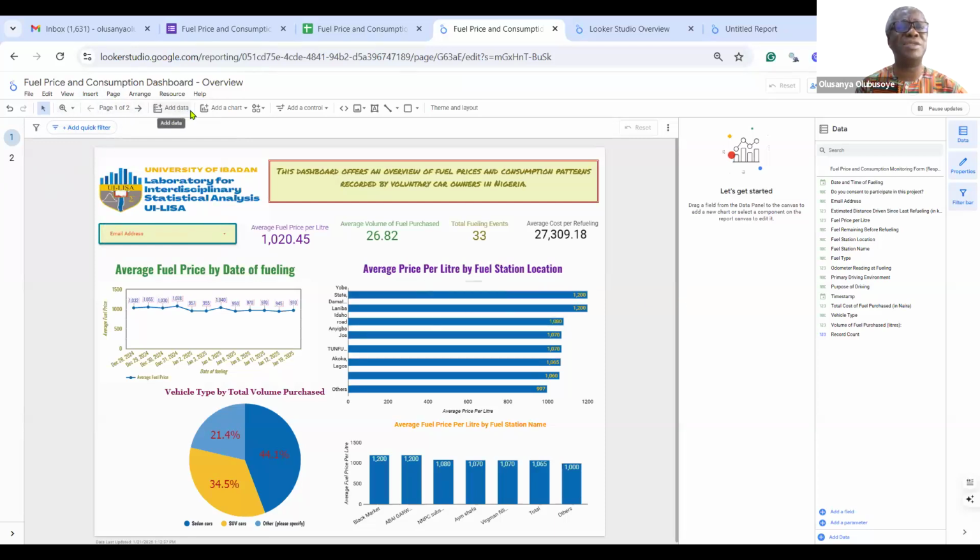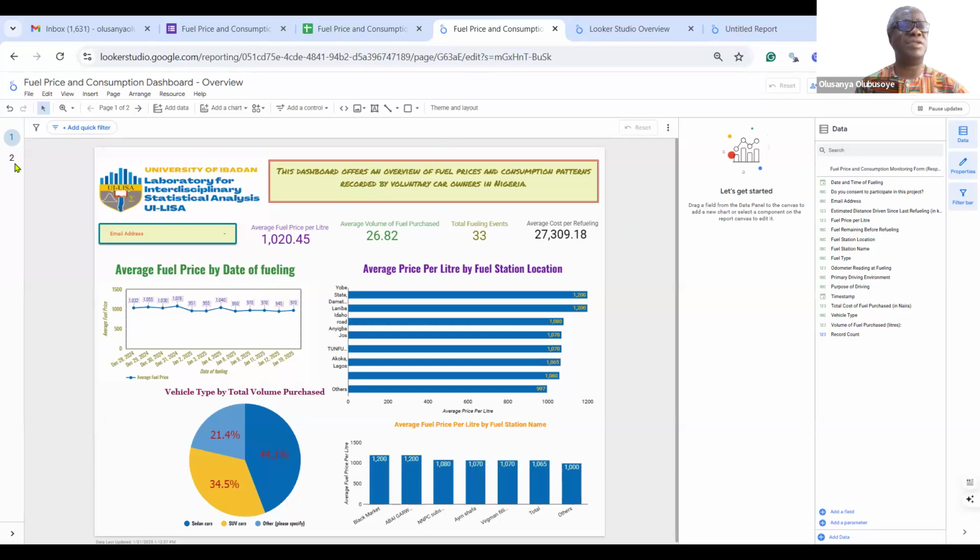Then there are other icons, but I think you will get used to these icons as we continue. Like I said, even a whole month, we may not be able to finish discussion on this, but the idea is to at least create an interest for you, and a foundation that you can build on. So this is the dashboard. We are exploring the dashboard.